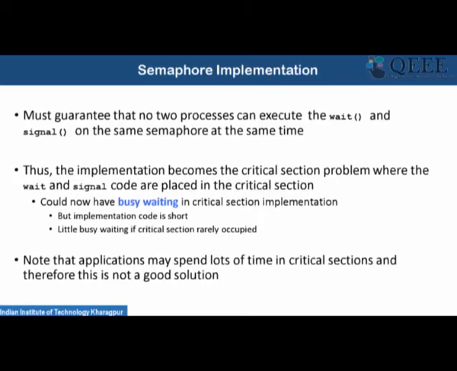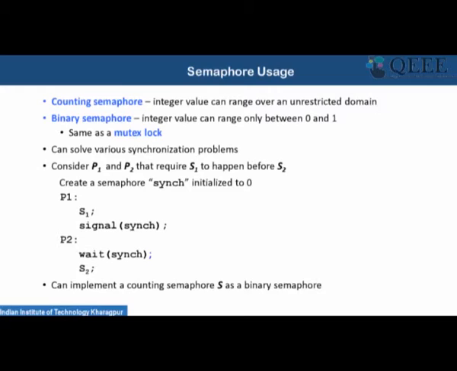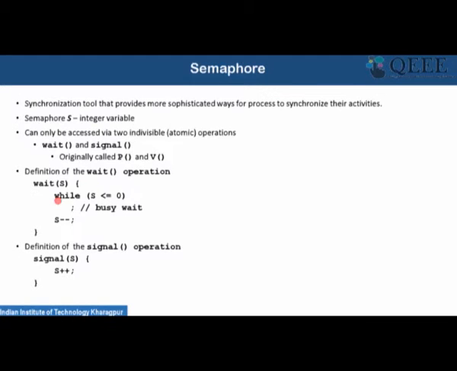There are multiple aspects of how you will actually implement a semaphore in an operating system. If you look into the definition of a semaphore, you will see that this while loop is a busy waiting state. Busy waiting means the process is actually executing something, but it is not doing any useful task. It is just checking the value of S for an indefinite time until the value of S becomes more than 0. So we call this busy waiting, because ultimately the process has to at least execute a check whether the value of S becomes greater than 0.